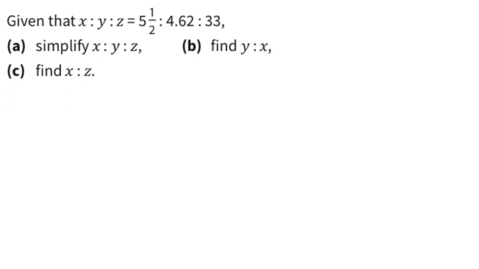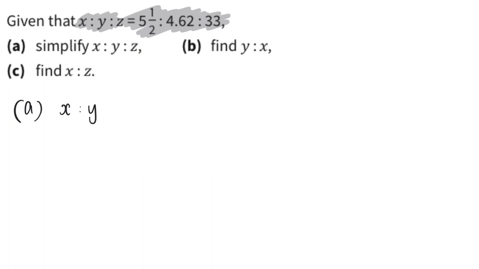Hello everyone, welcome to this problem where we are given right from the start x:y:z equals 5.5 : 4.62 : 33. Our first job is to simplify this into the simplest form. So for part A, to rewrite